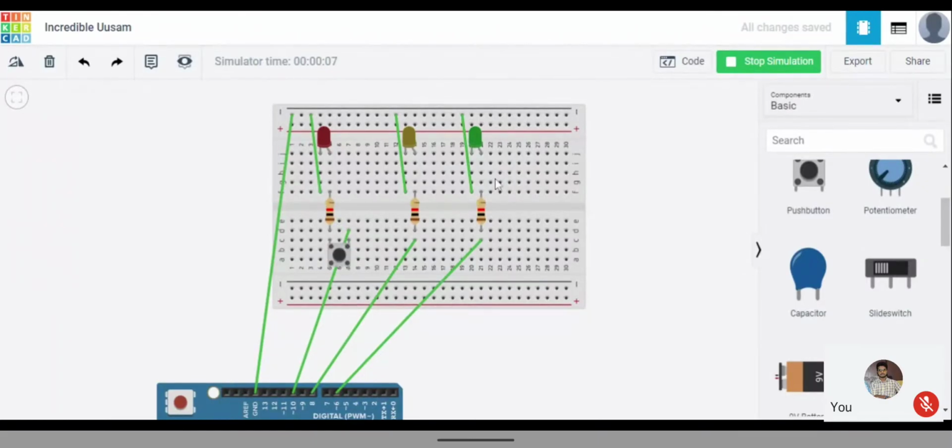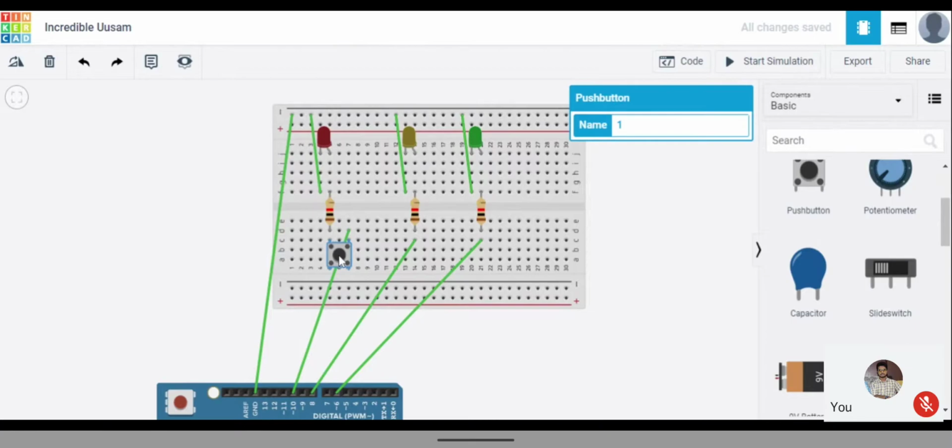Okay, the connection of the push button will be a little different. I didn't check about that one. Okay, just see if there is a connection. What we will do is, when I press this one, then the red light has to be on. When I press another button here, it has to be there. Here also the same. 3 buttons have to be there. When I press red, the red one has to glow. When I press yellow, the red one has to stop and the yellow one has to glow. When I click green, these two have to be stopped. Then the green one has to glow.